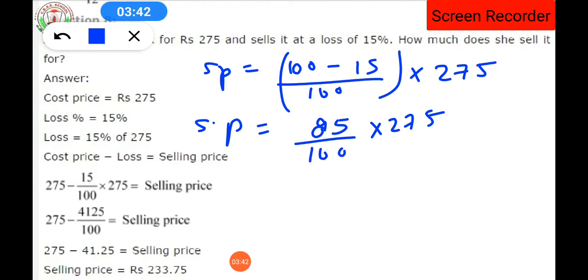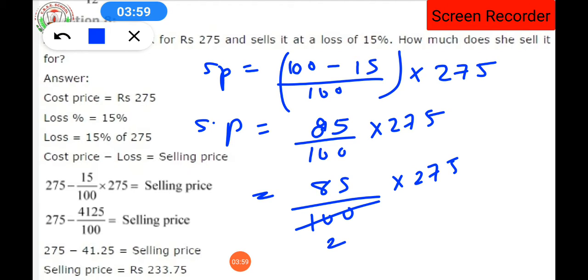So first what are we going to do, student? First we will try to cancel the numbers. Here as we have 85 upon 100, we are going to cancel with either 85 or 275. Here 100 gets cancelled by the table of 5, 5 twos are 10, 20 times. And 275, how much will it get cancelled? 5 fives are 25, so 20 is coming, again it will get cancelled by the table of 5, that is 4 times, and 275 becomes 11 times. So 85 into 11 upon 4.